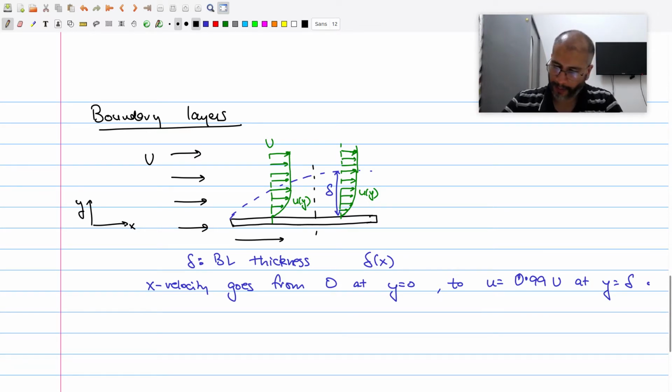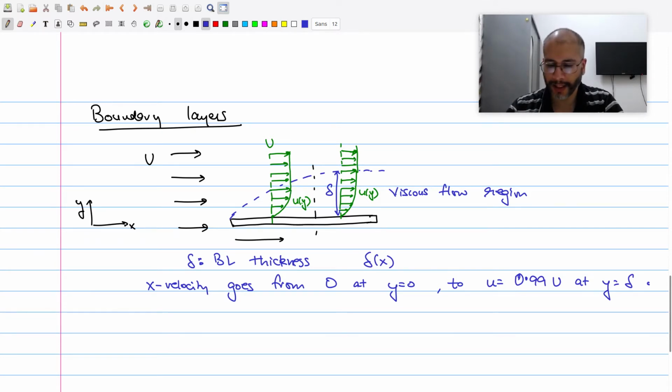Right. So when you have a boundary layer developing over a solid body, we classify or split the whole flow domain into two parts. One part is inside the boundary layer, and that part is denoted as the viscous flow region. We call it the viscous flow region because the effect of viscosity is prominent here.